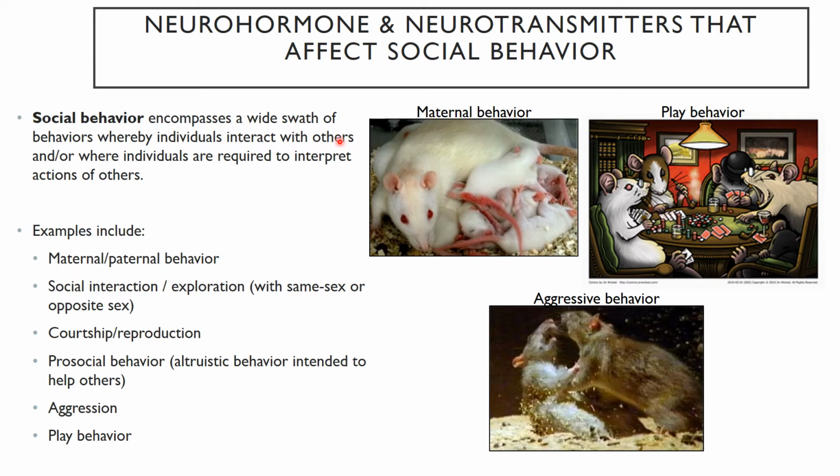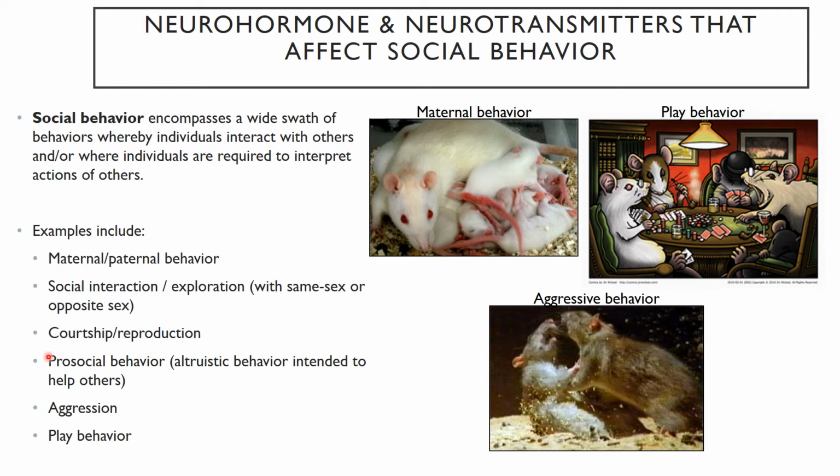One definition is that it encompasses a wide swath of behaviors where individuals interact with others or where individuals are required to interpret the actions of others. There's a lot that we can call social behaviors, and just about any sort of interaction between two members of the same species can be referred to as social behaviors. Some of the obvious ones are maternal-paternal behaviors, just general social interaction or exploration with the same sex or opposite sex. So this is sort of a sex-independent definition. Courtship and reproduction, by definition, naturally assumes that opposite sex interaction is there